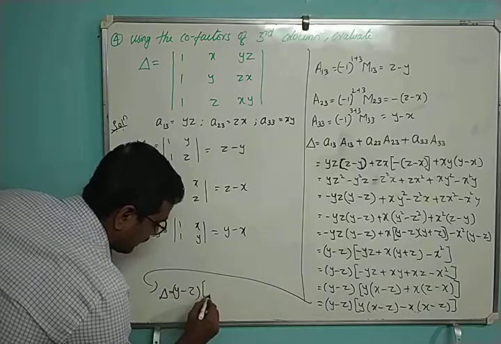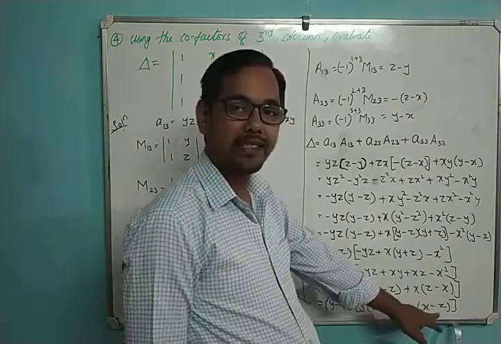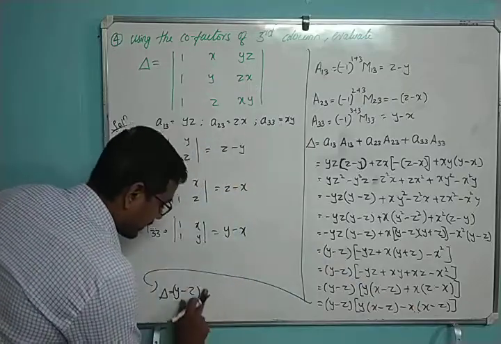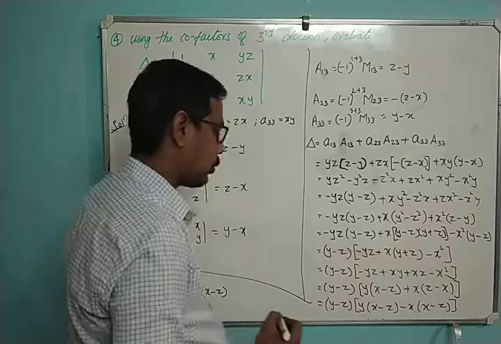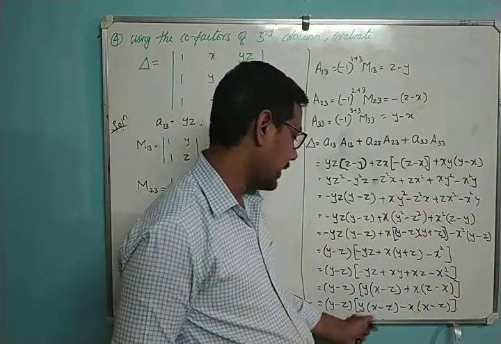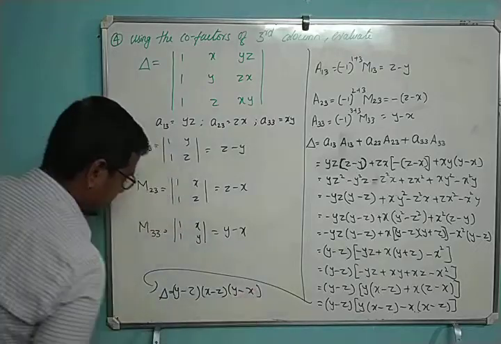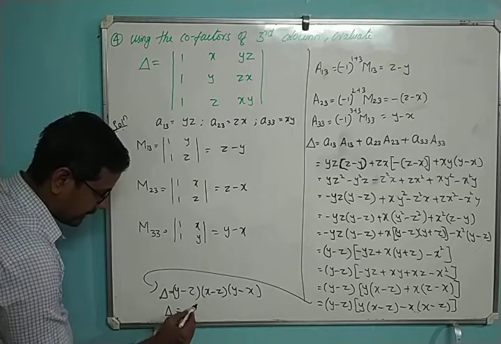Okay. And here X minus Z is there, X minus Z is there. I can take X minus Z common from both the sides. Right? So if I take X minus Z common, what remains here? Y, and here X. Y minus X. So this can be written as